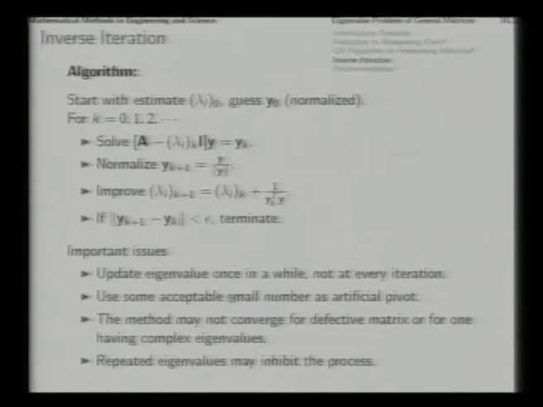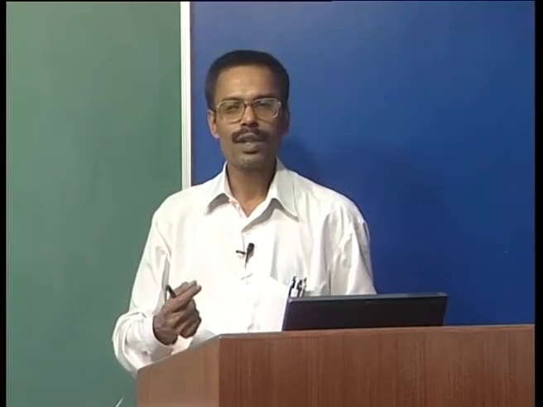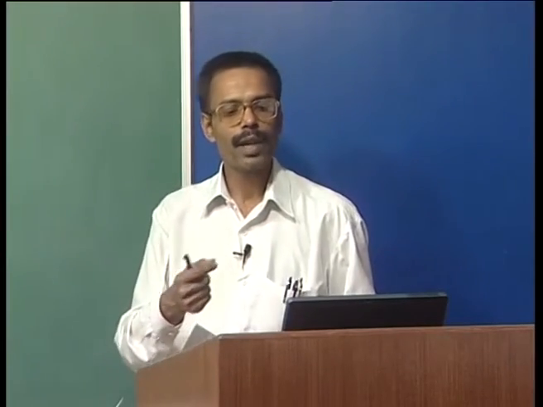Next, a small artificial number may need to be used as an artificial pivot while solving this linear system, because, as we were discussing earlier, this matrix is known to be ill conditioned. So when you try to pivot in the linear system solution, you will have difficulty, because all the candidates for pivoting will turn out to be extremely small. Therefore, a tiny number of your choice can be inserted there as an artificial pivot, rather than the 0 that might appear otherwise.